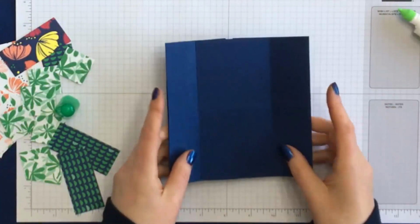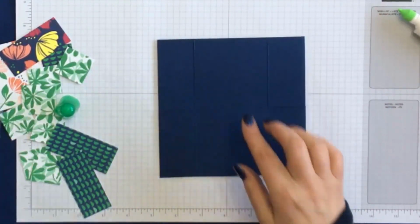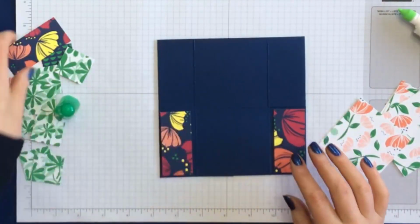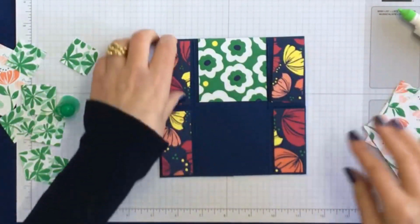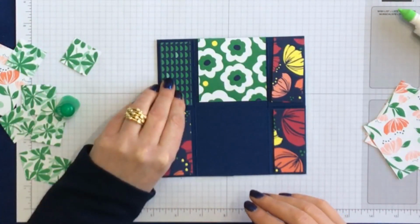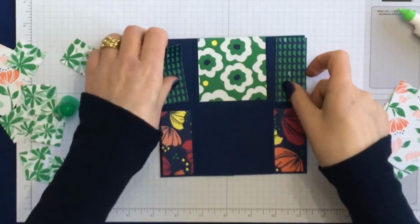Then we're going to open this up, and this time we have got these pieces, and we're going to put these vibrant green pieces in as well, or these. Oh no, I think we'll go with these actually. Okay,